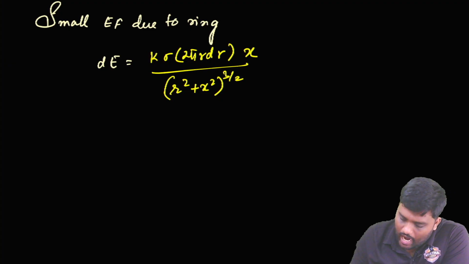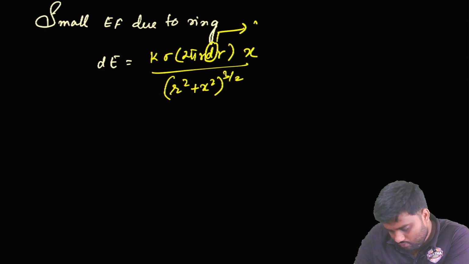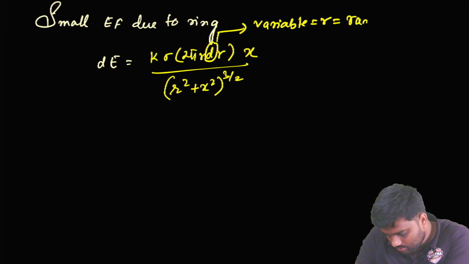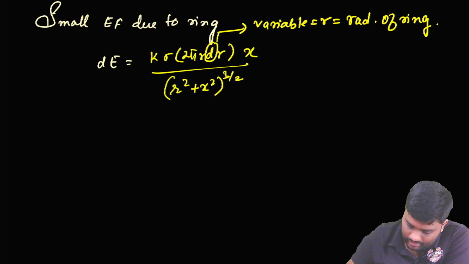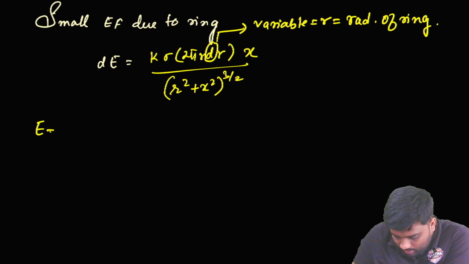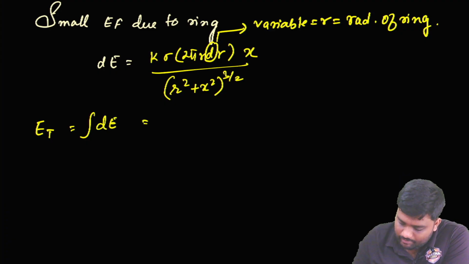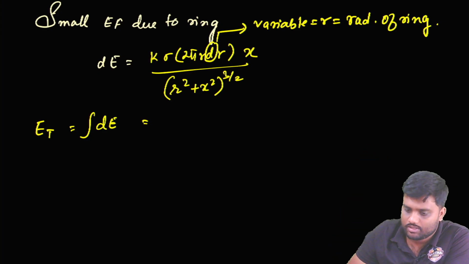Here, since dr is small, the variable is r. So the variable r is the radius of the ring. Now if you want to find the total electric field, you integrate. When you integrate, you are integrating from the so-called center of that disc to what? The radius of the disc. That means